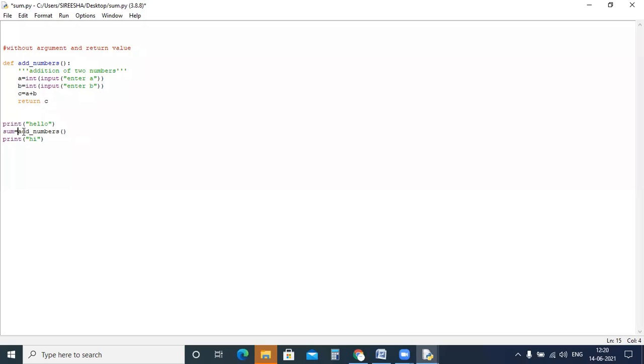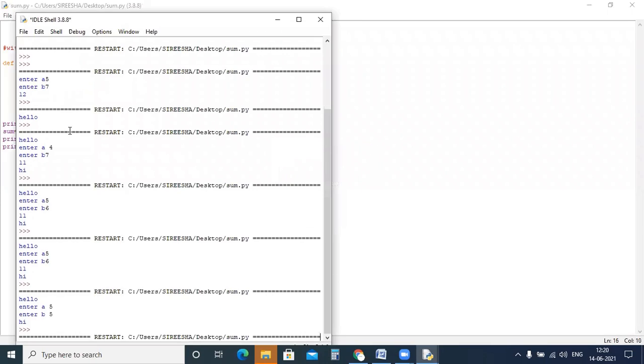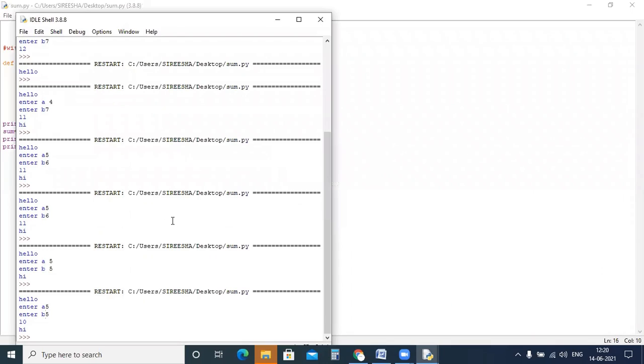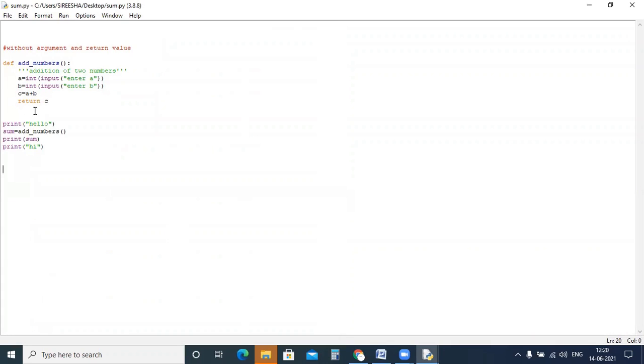Okay, now the result is stored in sum. I'll take print sum. Now we will get the result. Enter the A value 5, B value 5, and we get 10. Is that clear now? Whatever result is returned, the main program should have a variable to hold it. So we are taking sum here and printing sum.